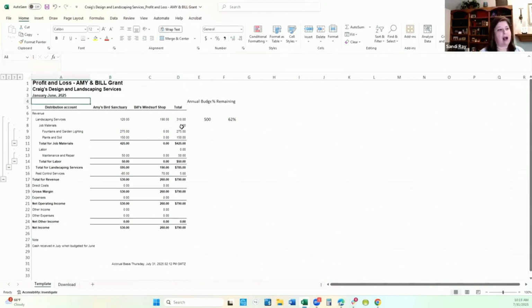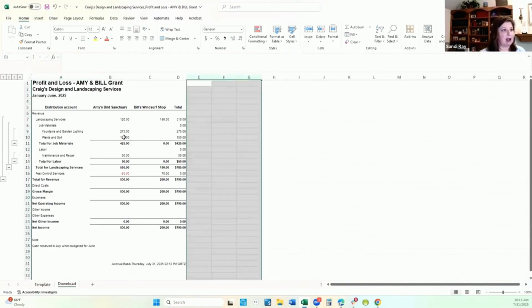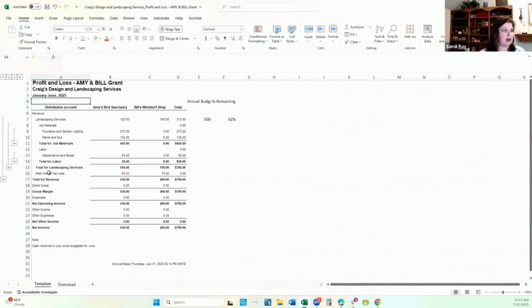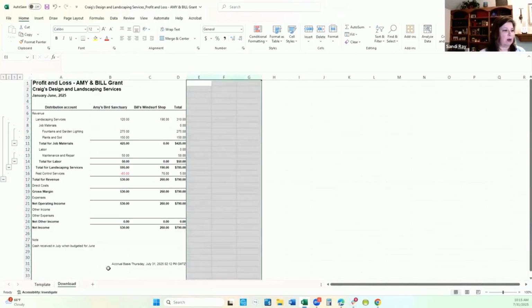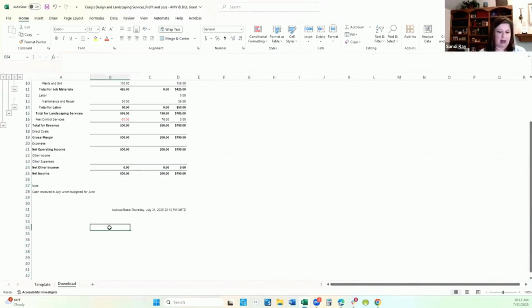And that all we have to do is copy and paste the report into here. It generates the report. One thing we're going to want to make sure that we do, though, is check some key information. We're going to want to make sure that the net income on the download matches the template. I like to do my little arrow checks if it's with a formula